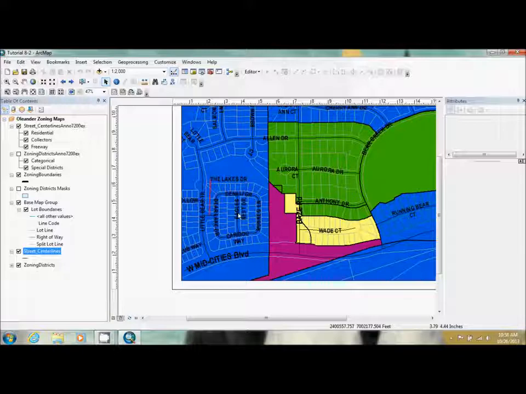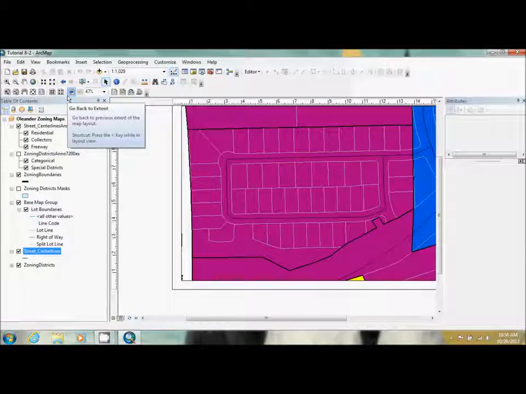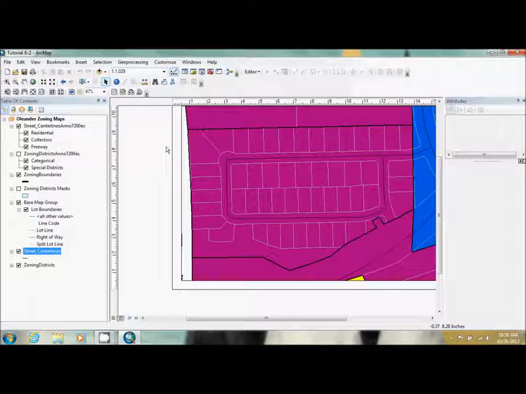Now they want us to zoom to Street 4. They tell us to load it, but they actually had it on there already, so I'm going to not load it. What happened is they put some new streets in here, I guess, and they weren't given a code as residential and everything, so it didn't know how to label them as we have them over here. So what we're going to do is go in, select these 5 roads, and change their class code to residential. And so we're going to